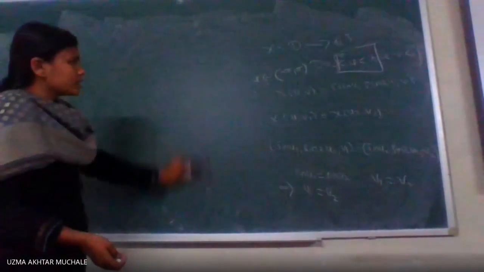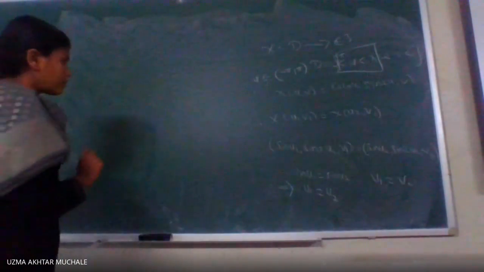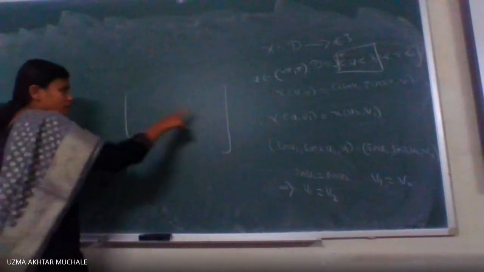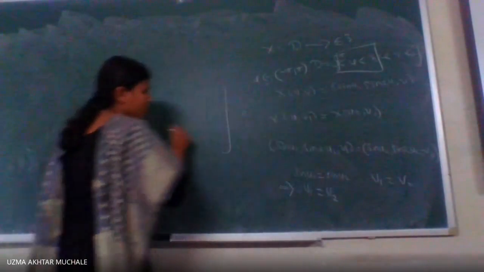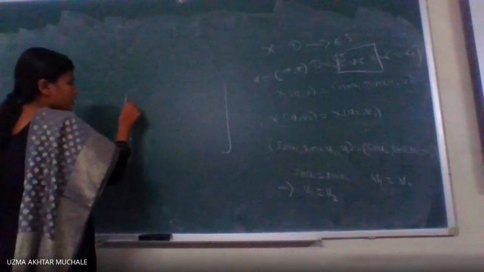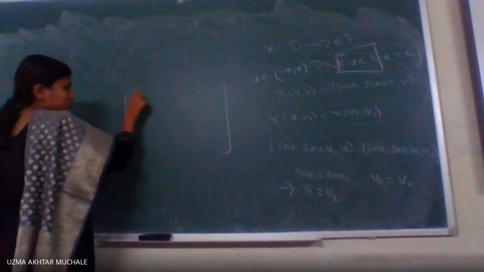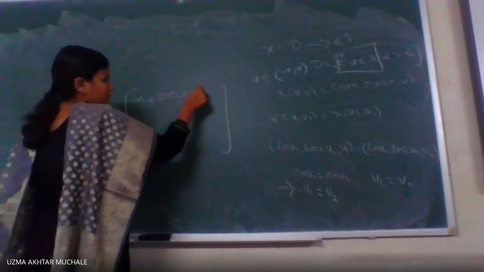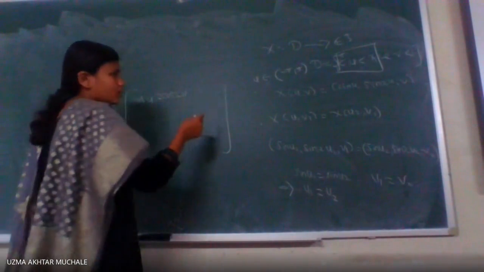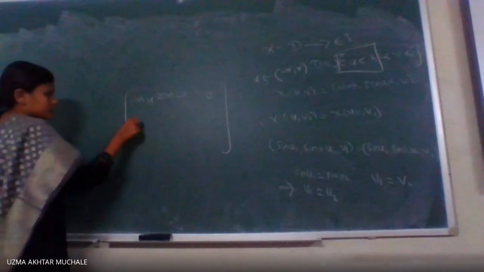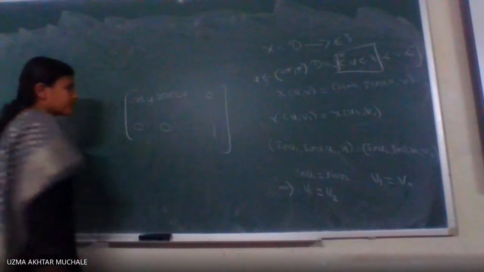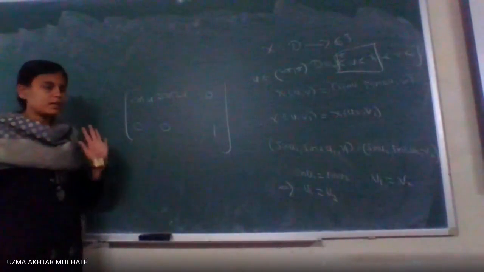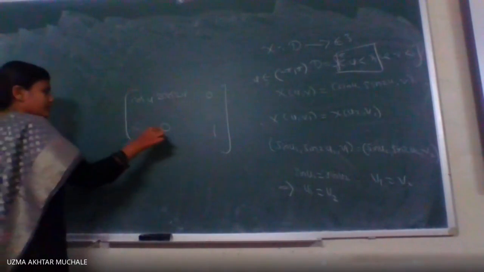What we have to verify is whether x is regular. How to verify that mapping x is regular? Let us find the derivative with respect to u. What is the derivative of sin u with respect to u? That is cos u. Next is cos of 2u times 2. And the derivative of v with respect to u is 0. Next, we have 0, 0 and 1. And if you take any 2 by 2 determinant, the value will not be equal to 0.